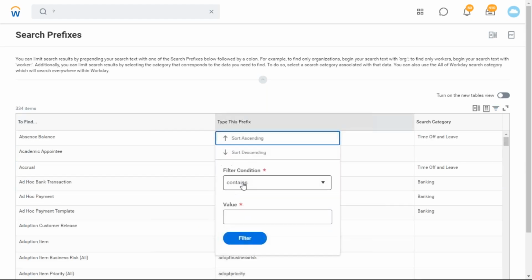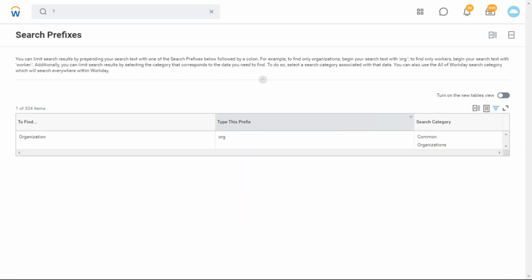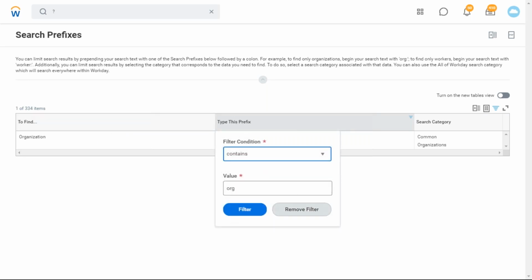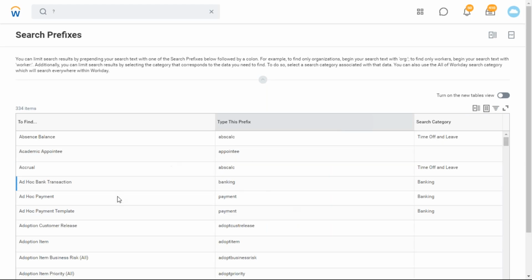Let's see what is meant by org. We can filter here also. Okay, to find the organizations, org is the prefix. By practice, at most you use 15 prefixes. By practice, you can get it. No need to come here and search.